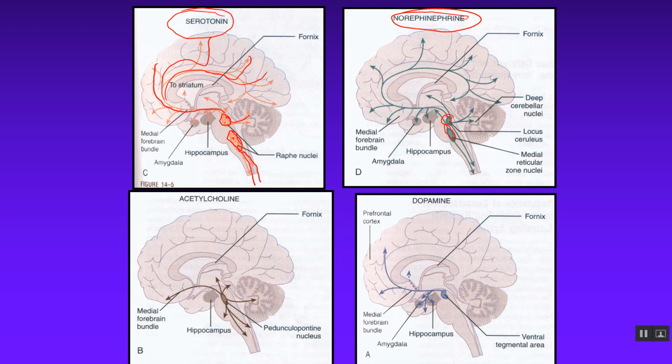But anyway, you have a couple other things. This is called the medial reticular zone and the locus coeruleus that are down in the brainstem. They have axons that, again, project to very diffuse regions, similar to the serotonin system, throughout the cerebrum and even down into the spinal cord area and even to the cerebellum, okay? So norepinephrine is secreted throughout the central nervous system, with a preponderance of it coming from a couple of these localized regions of groups of cells in the brainstem that are really important for secreting that basal amount of norepinephrine,